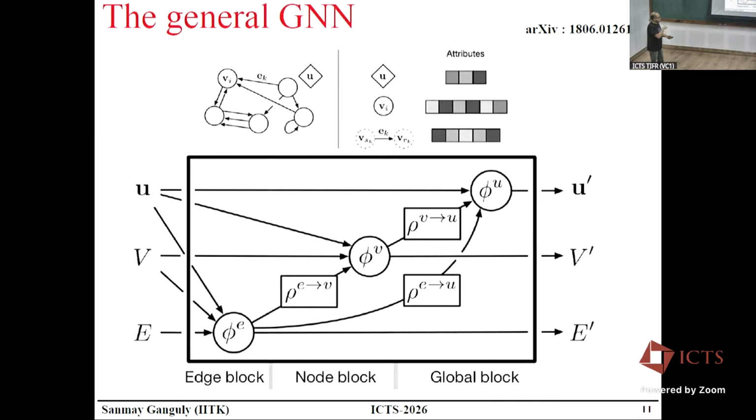Now, this is the most general formulation, and in machine learning schools we sort of teach how to implement this and code it up. But you take it in the following way. A graph by definition has three pieces of data: global data, node data, and edge data. And you should see a graph neural network layer as something which takes a graph as input and gives a graph as output. It's just that the data sitting on the graph has evolved because it has passed through, been convolved with, weight parameters. That's the way you should see it.